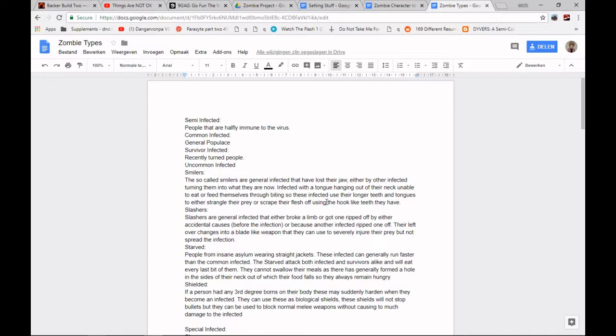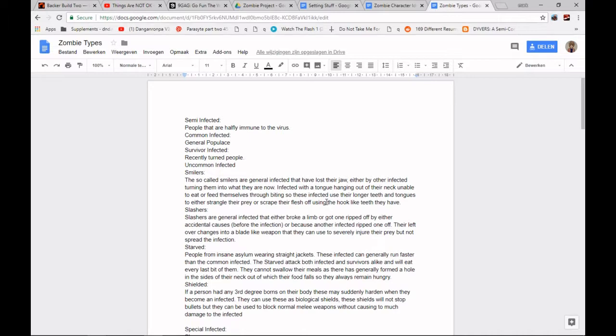Now we have the Smilers. The so-called Smilers are general infected who have lost their jaw, either by other infected turning them to what they are now, or losing it in an accident. Infected with their tongue hanging out of their neck, unable to eat or feed themselves through biting. So these infected use their longer teeth and tongues to either strangle their prey or scrape their flesh off using the hook-like teeth they have,